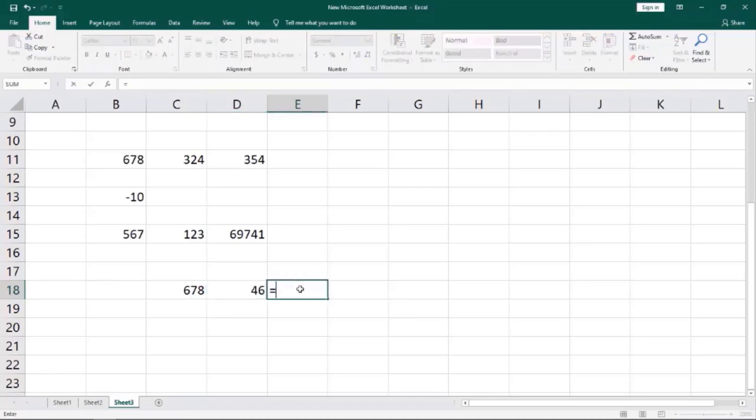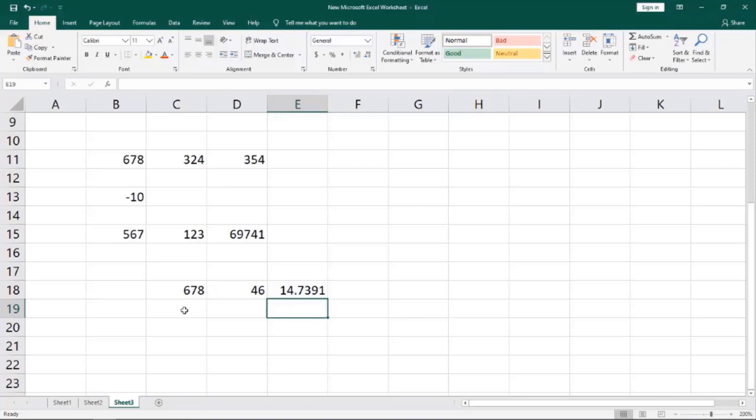The same way, give the equal to sign, select the first number, this number divided by this number. Let's find, 14.7391 is the value of the division of these two numbers.